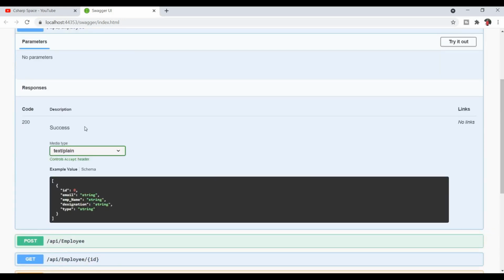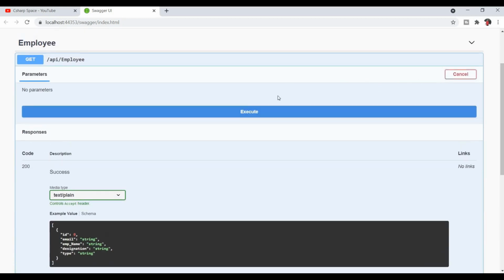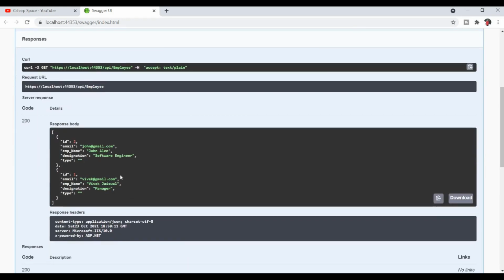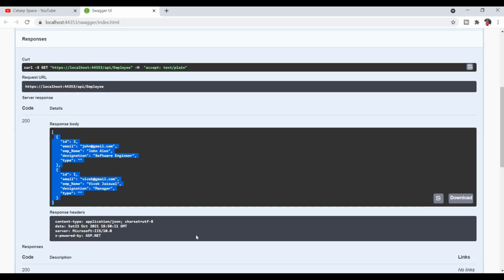This is the test responses, so we try it out, and this does not contain any parameters. It's no parameters, then simply click on execute. This will return from a database, because the database contains 2 records, it's here,